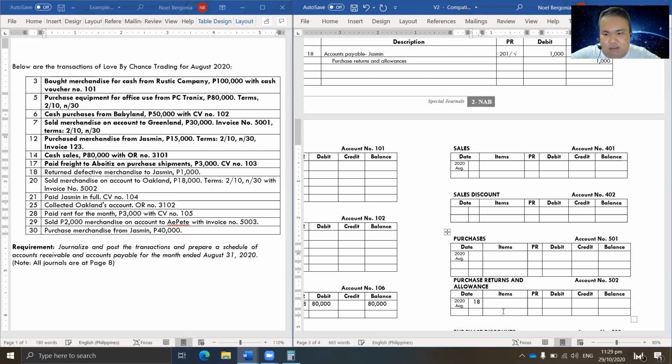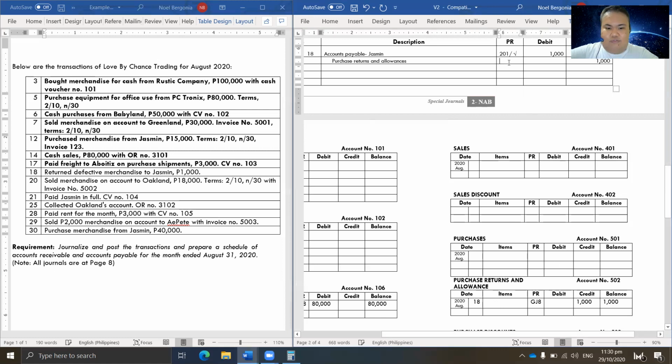Okay, 18. Tapos, ano yung PR natin? GJ8, General Journal page number 8. Purchase returns was credited at 1,000. Okay, so normal balance naman ng purchase returns and allowances, di ba? Credit. So, the balance will still be 1,000. Okay, so that's our posting. So, what's the account number? 502. So, 502. Ayan. So, we're done with our